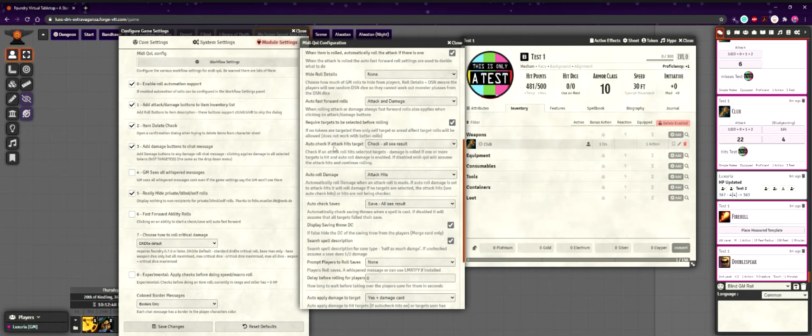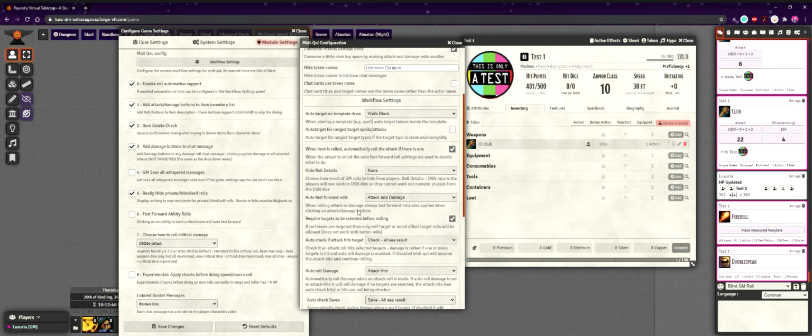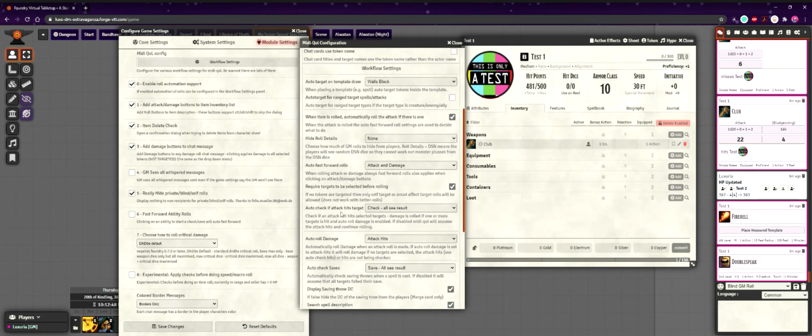So, we'll go back up to here. Auto check if attack hits target. So, in other words, if you do this, it'll pretty much just add this here. It'll see whether or not it hits by checking the attack roll and placing it against the armor class. Per normal rules, you could say all see result or only GM sees result. I have all see result, though